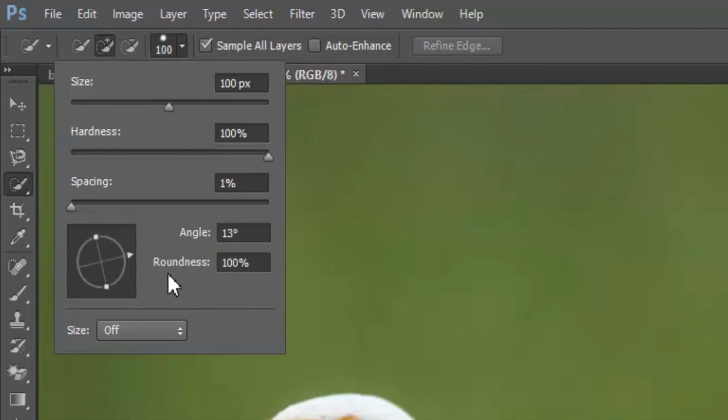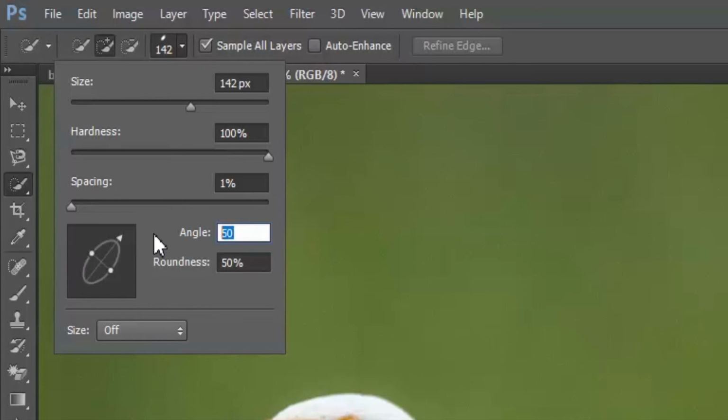The next option is angle and roundness. Roundness is nothing but the shape of the brush. Once you change the roundness to 50%, our brush shape changes to an ellipse. Angle is nothing but the angle of the brush. If you change the angle to 50, you can see the angle of the brush is changing.